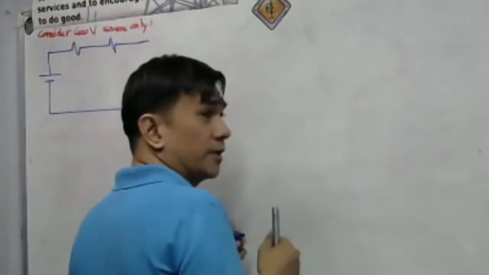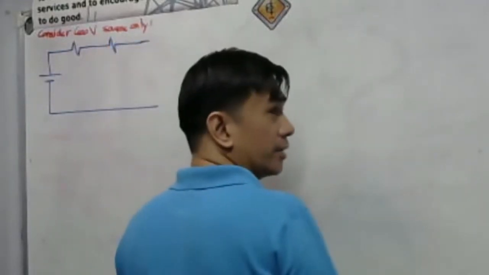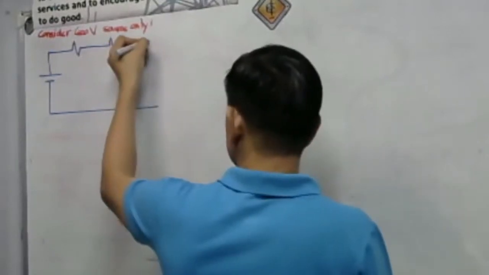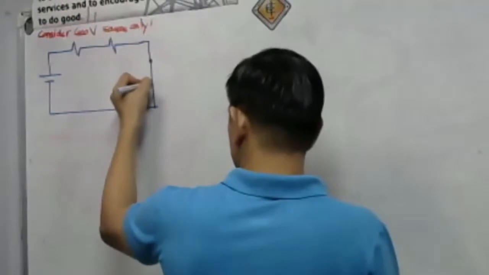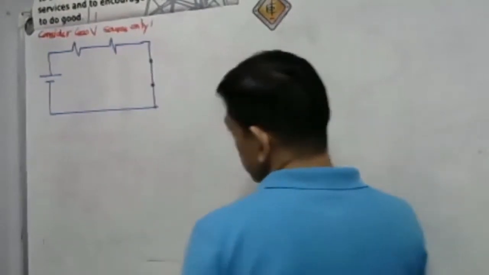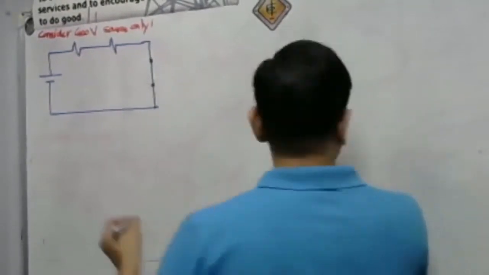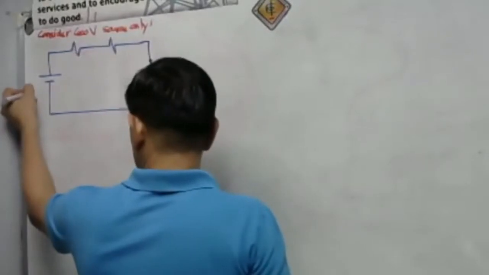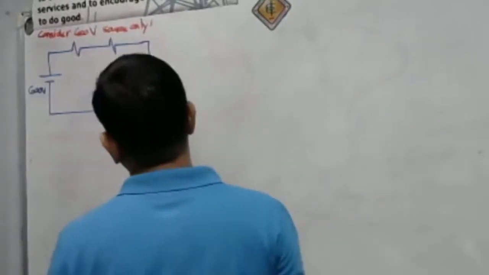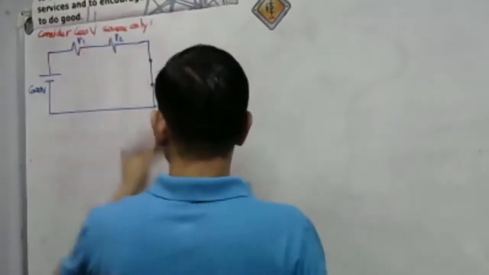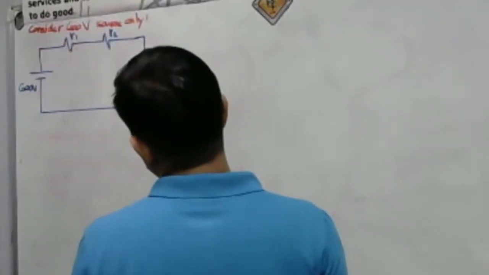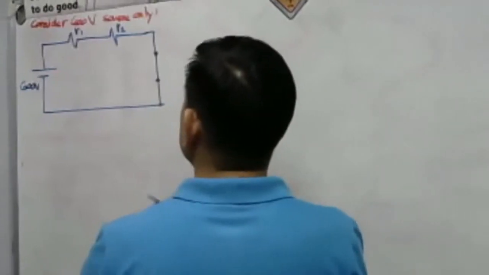Of course, our 560 volts, take a look at our 560 volts, that must be short-circuited. This is the two terminals of 560 volts. That must be short-circuited. This is our 600 volts. Okay? Of course, this is our R1, this is our R2. Okay? And